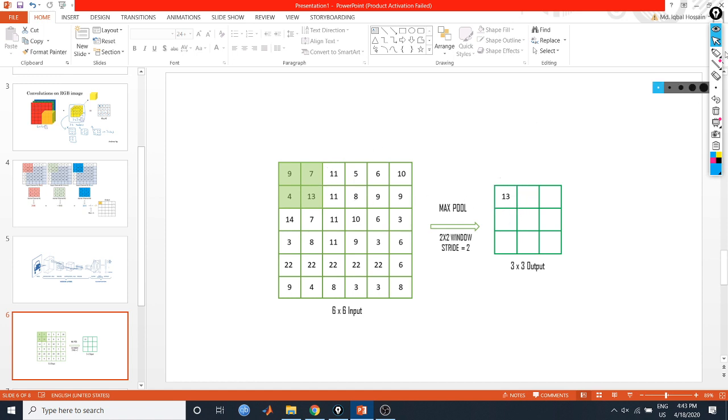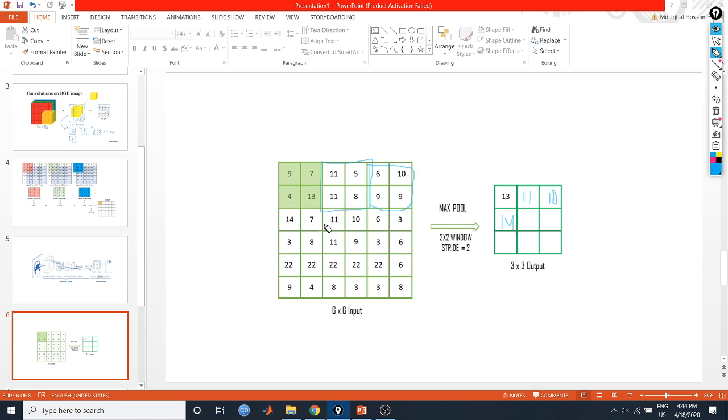And let's take the next window. If I take the max value from here, I will be getting 11. And from here, if I take the max value, I will be getting 10. And from here, the max value is 14.